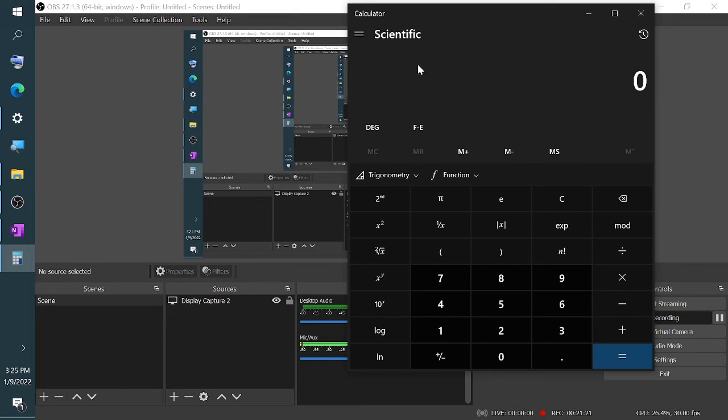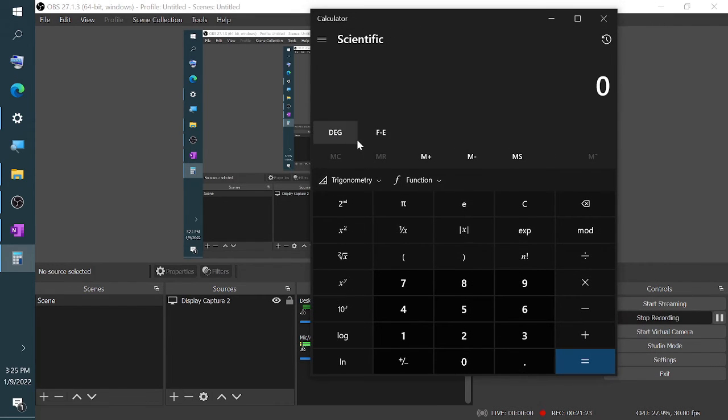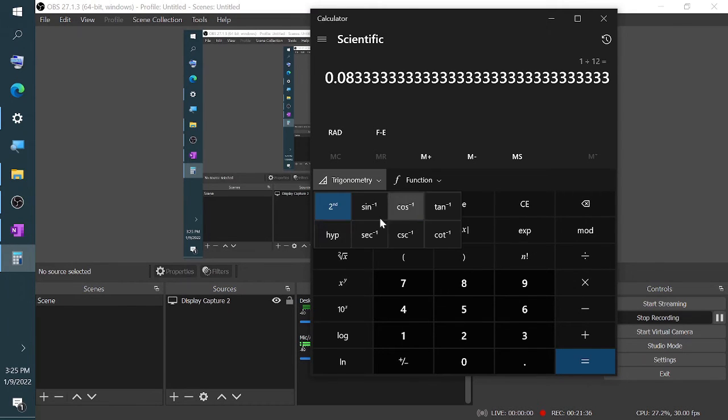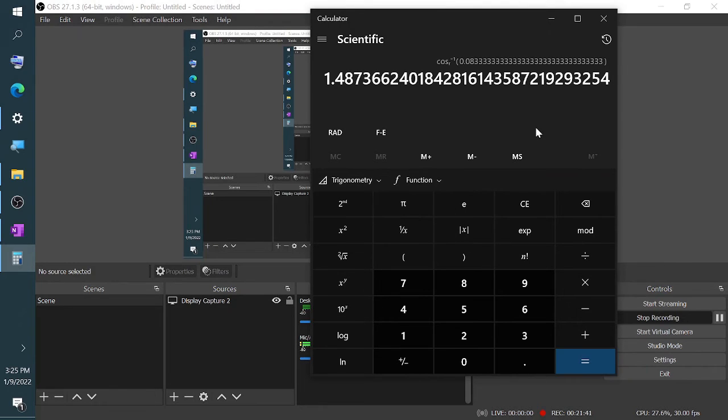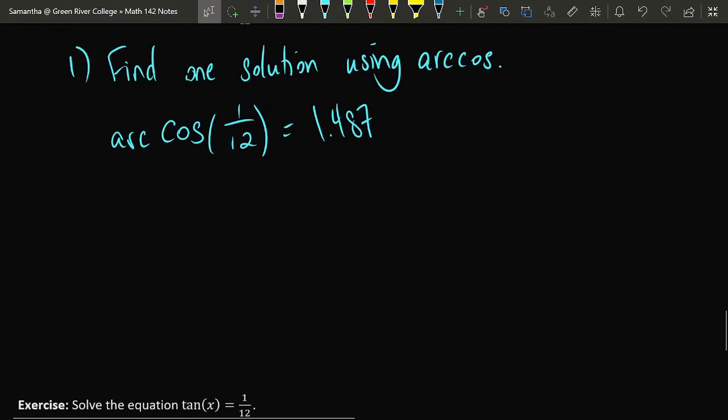The first thing that I'm going to do is check the mode. So currently it's reverted to degrees mode, so I'm going to pop that back into radians, and I'm going to plug in 1/12. Then I'm going to evaluate arccosine at that value. So trig second cosine, and it says that the result is the angle 1.487 in radians. So this is one angle at which cosine outputs the desired value. So let's use the unit circle to find all the others.